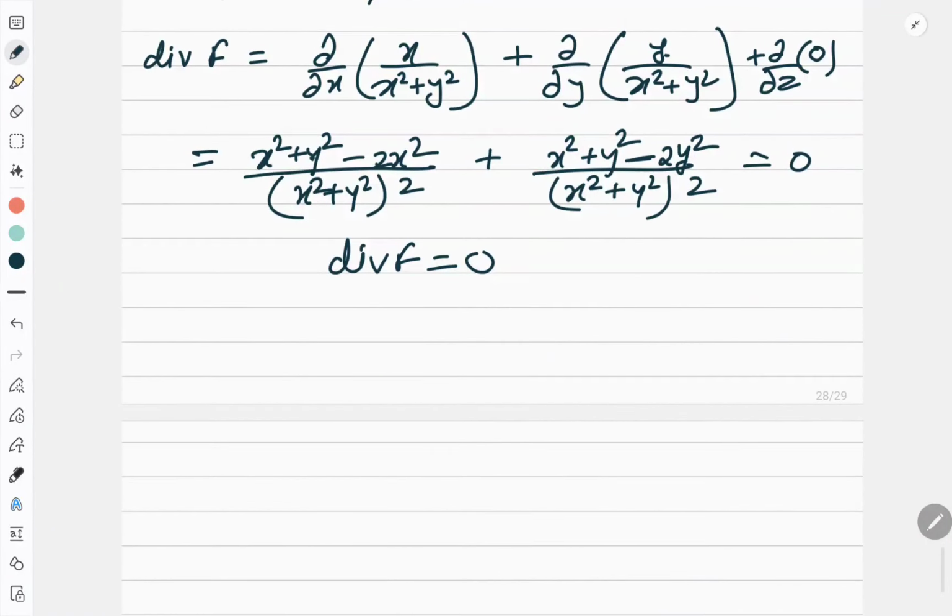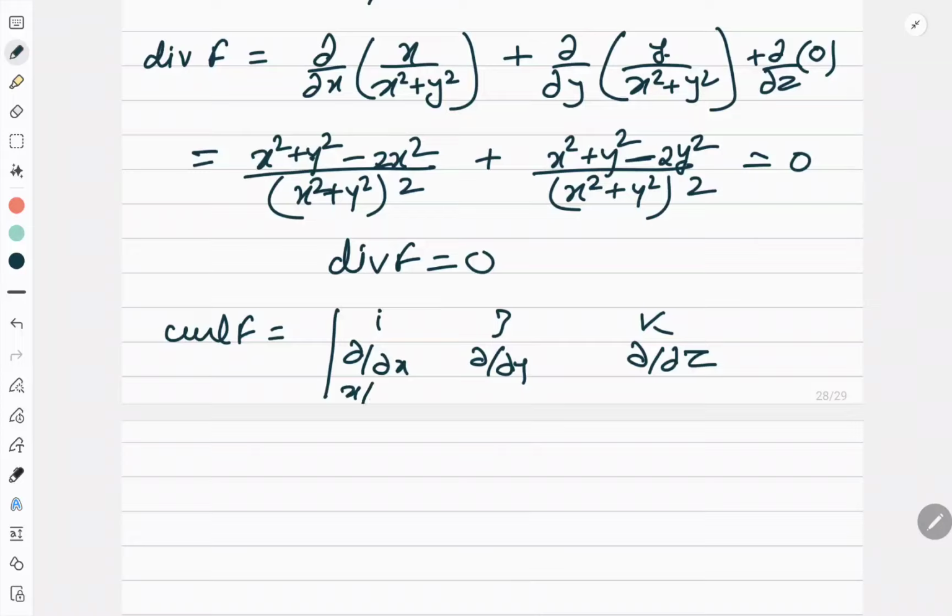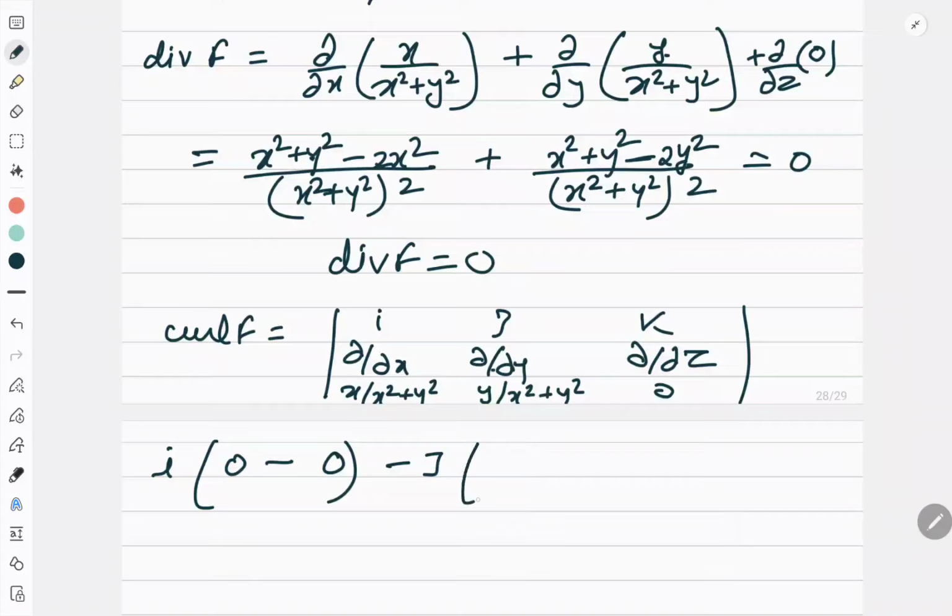Now for curl, what I will do? Curl F means I'll write I, J, K, dou by dou X, dou by dou Y, dou by dou Z. So X upon X square plus Y square, Y upon X square plus Y square and 0. So now for I, dou by dou Y of this is 0 minus dou by dou Z of this is also 0, minus J. So dou by dou X of 0 is 0 and dou by dou Z of this is also 0, plus